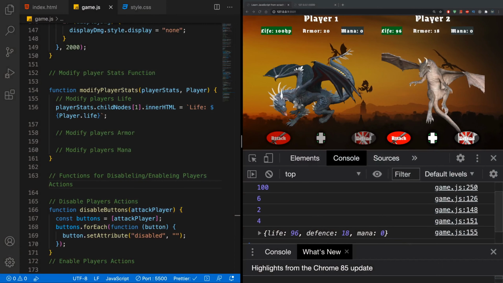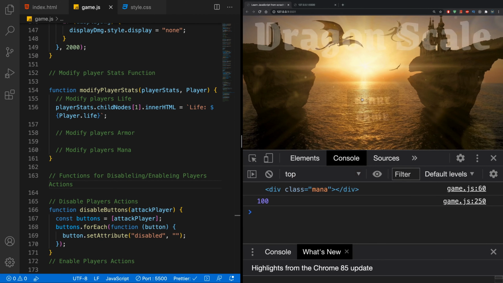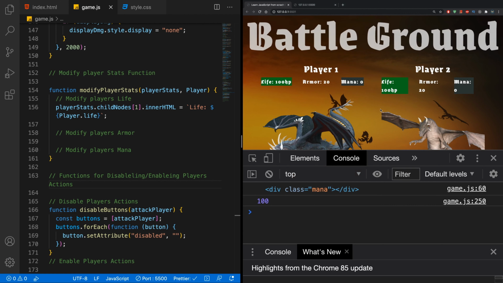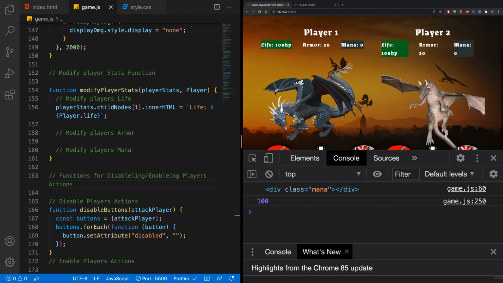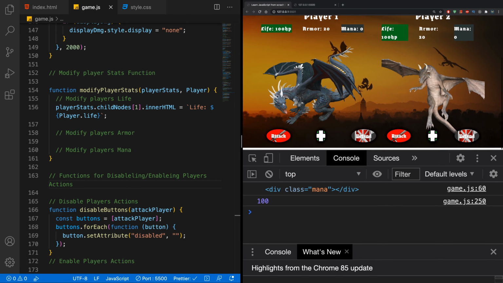So this being said, let's jump into the finished project and take a look at what we're going to do today. We are in our finished project, and let me hit a refresh. So this is our start game. We're starting the game and we're going down to player 1, player 2, and if player 1 attacks, as we know, until now we dealt damage, but as I said, the damage functionality is